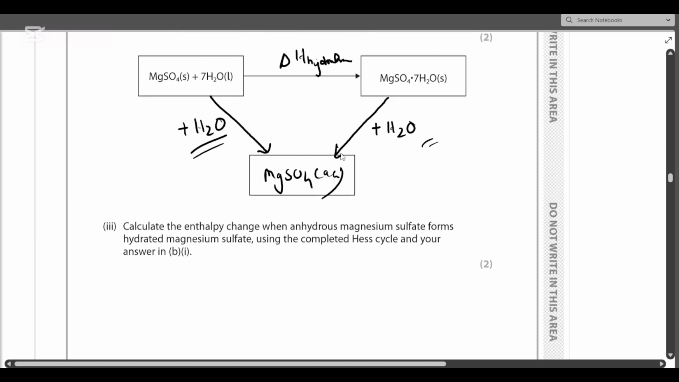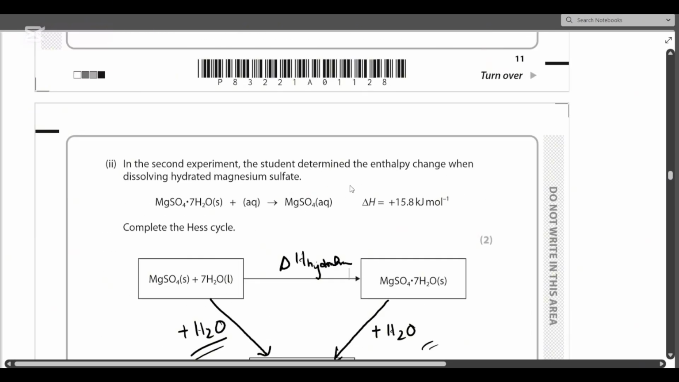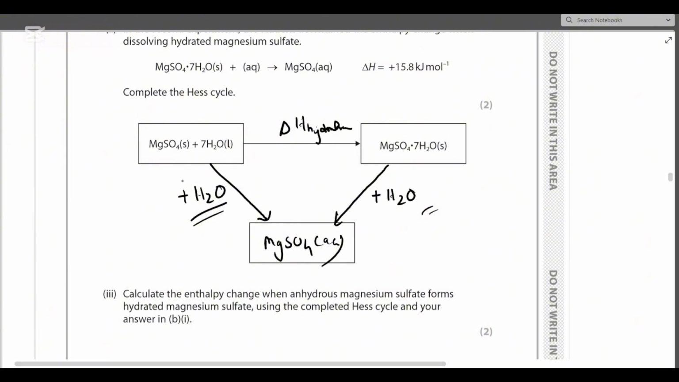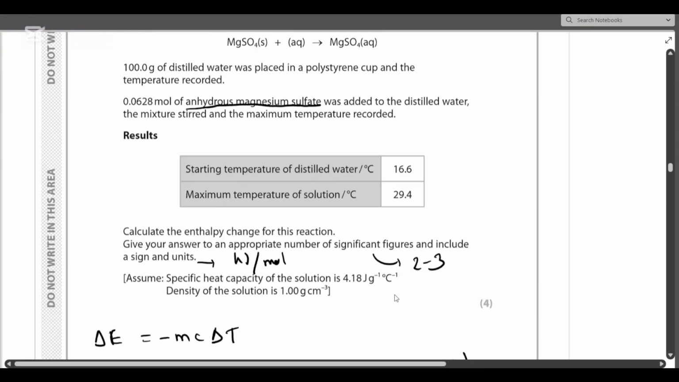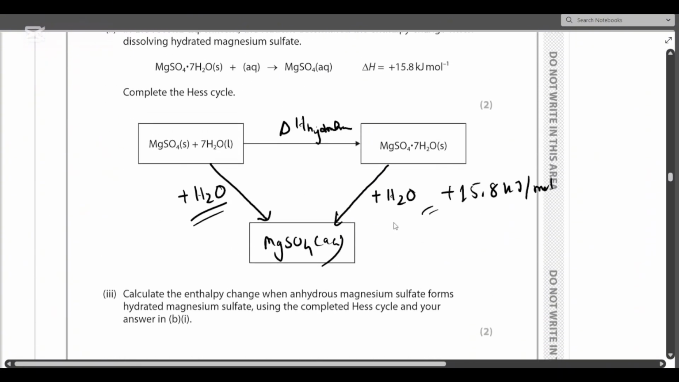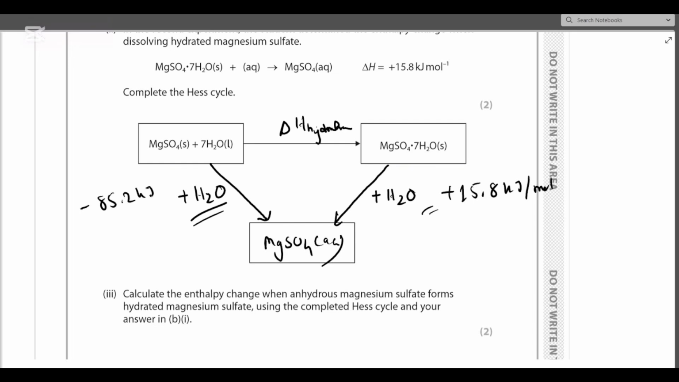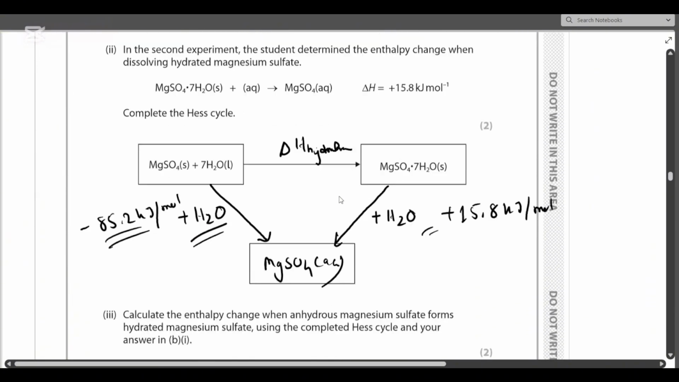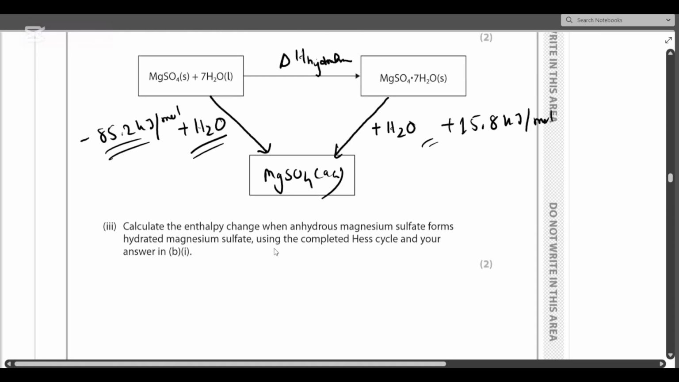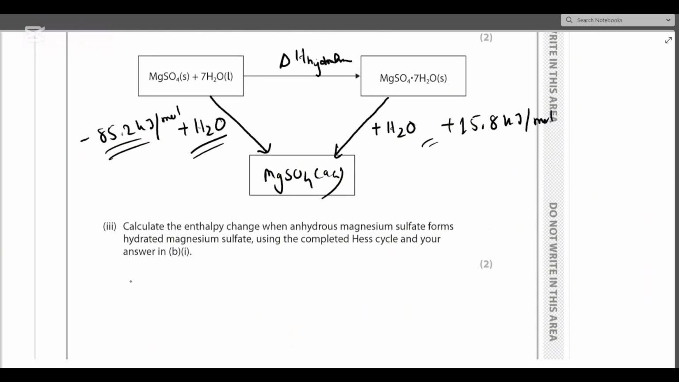You can easily do that by checking the values provided. The value here is provided as plus 15.8 kilojoules per mole. And for this reaction down here, we found about negative 85.2 kilojoules per mole. So that will be negative 85.2 kilojoules per mole, the enthalpy change value from here to there, as you can see in the first experiment. Now, secondly, if you want to calculate this value down here,